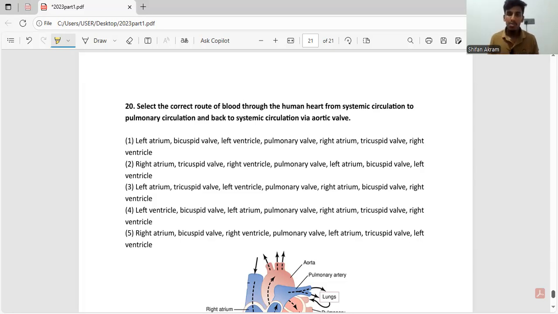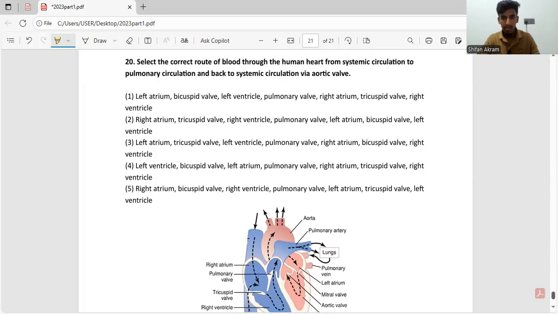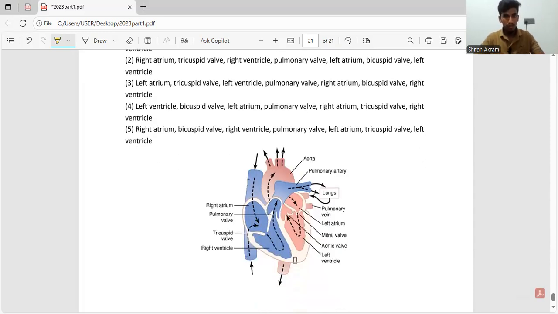And pulmonary circulation is the movement of blood from the heart to the lungs to get oxygenated, then from the lungs back to the heart. So that's what pulmonary circulation is. So now let's go through the process. Here I have added an image of the heart. So what happens? Blood goes through systemic circulation throughout the whole body and comes back to the heart. From where does it come back? It comes back into the right atrium. So this is the right atrium.